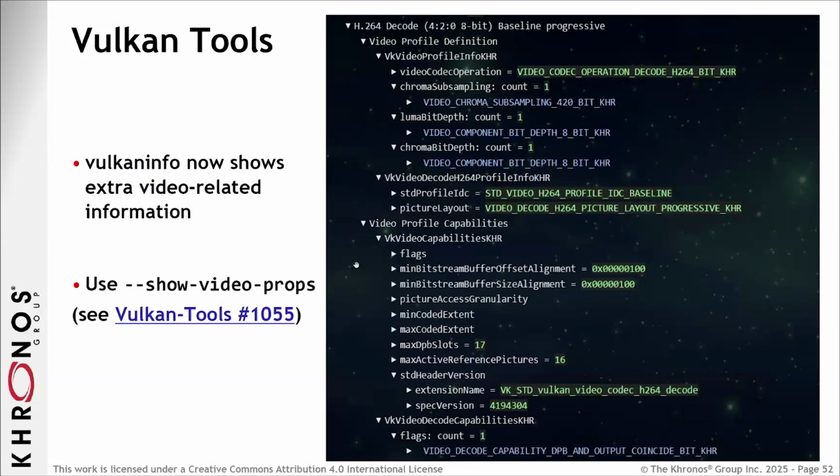So what the video TSG is looking for is feedback on whether there are certain use cases that people want to see, which can be addressed by profiles, and whether that can also naturally help have more capabilities or better information out of Vulkan Info for developers.